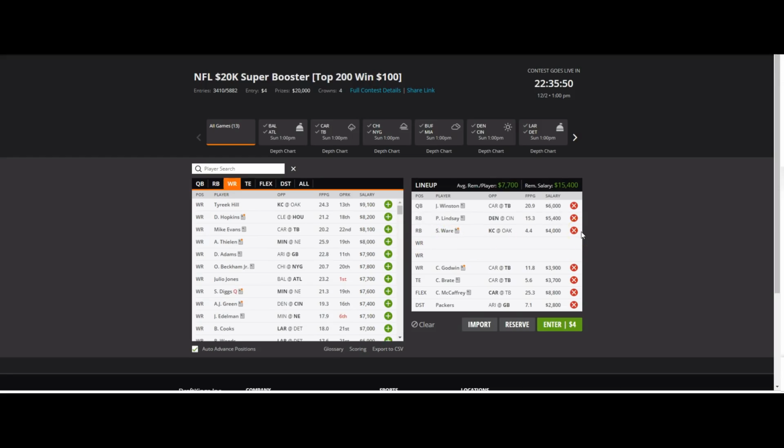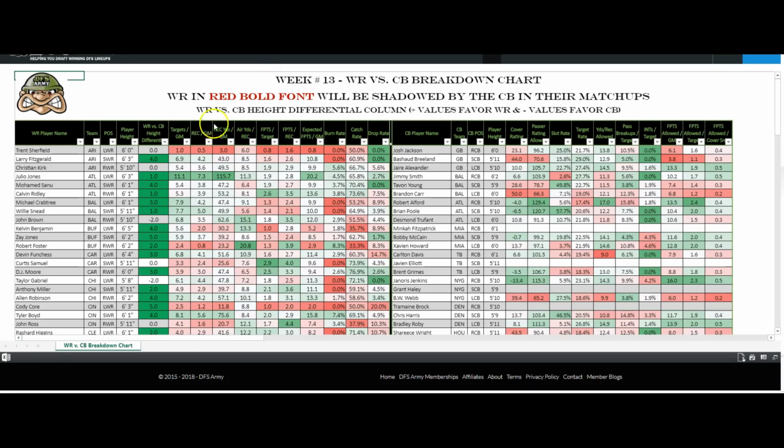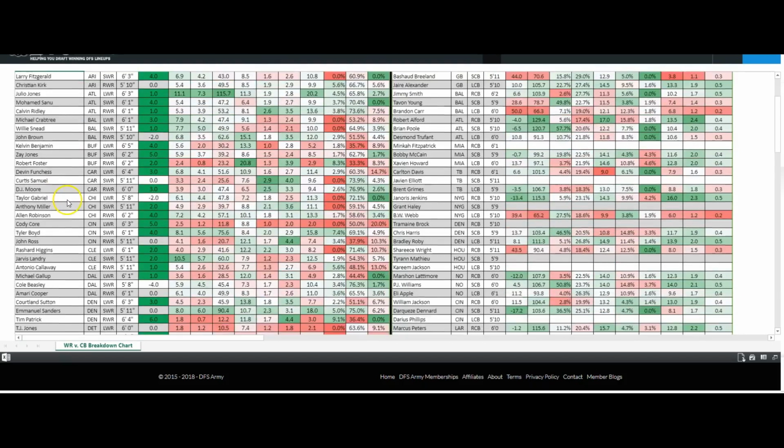Now, the reason that other one wasn't a cash play is because Thielen and Diggs together is too much from one team. Still like Thielen, standalone play. We can go to Evans with Winston if we want. I don't like this matchup. I'm going to show you why I don't love the matchup for Evans this week. Check out the cornerback wide receiver chart. This is another spot where you can really get some sense of